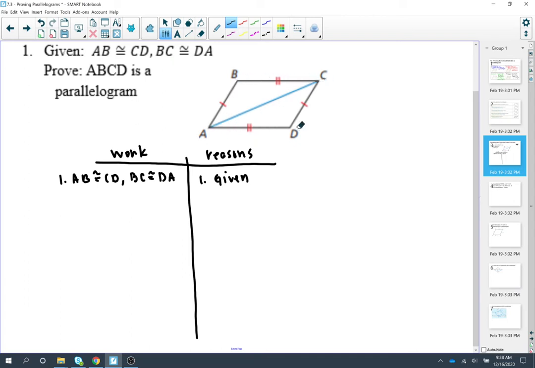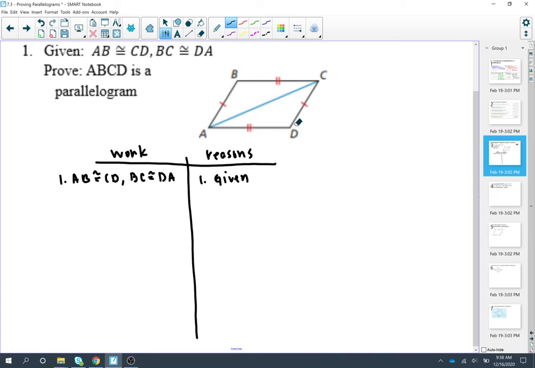Right now I don't know that, I only know that they're congruent. And I'm going to try to prove that AB is parallel to DC. The way I'm going to try to prove that is by alternate interior angles. Because remember, if alternate interior angles are congruent, parallel lines cut by a transversal,